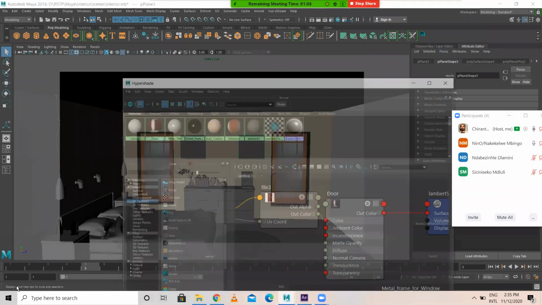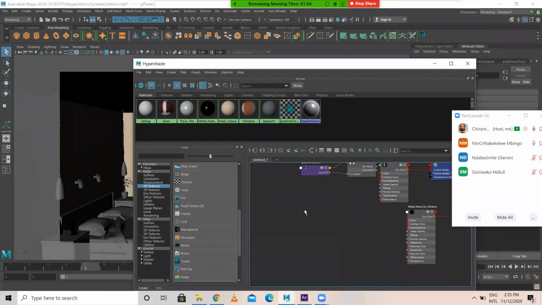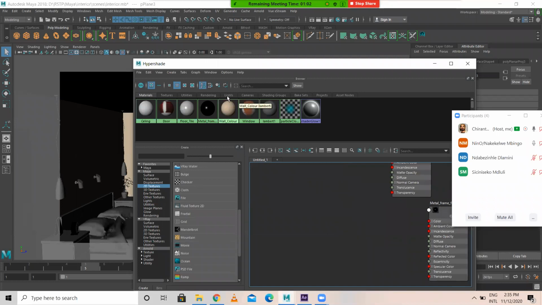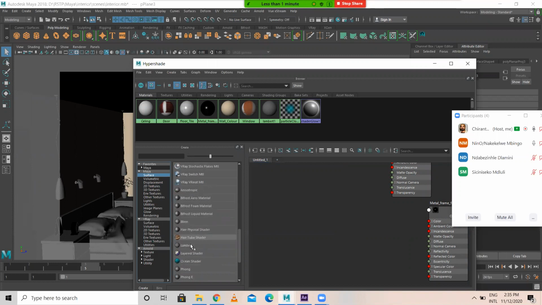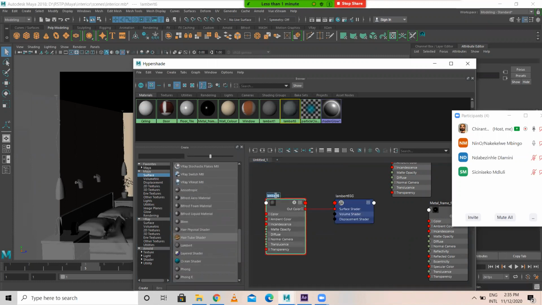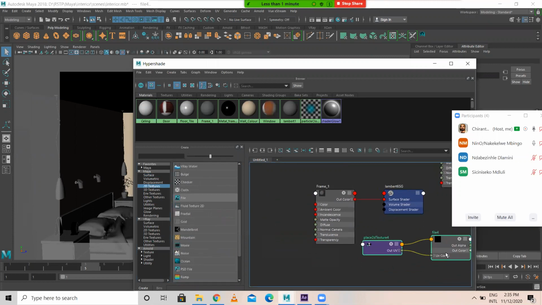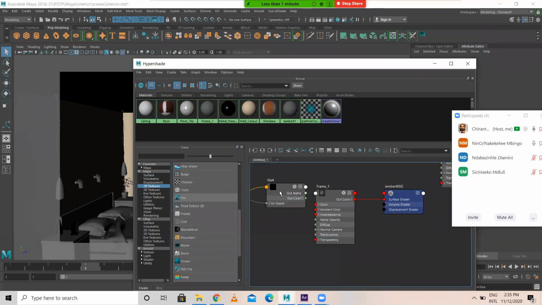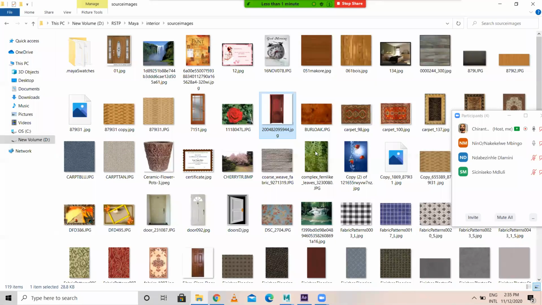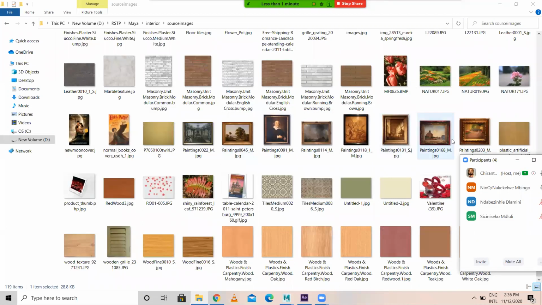Now I'll open Hypershade. Go to window, Hypershade. So now let us create two Lamberts. I'll come to surface. I'll take a Lambert, frame one. Then you have to select 2D texture, click on file, select these two, do the placement over here. I have some photo frames here. Where are those? Yep, here.